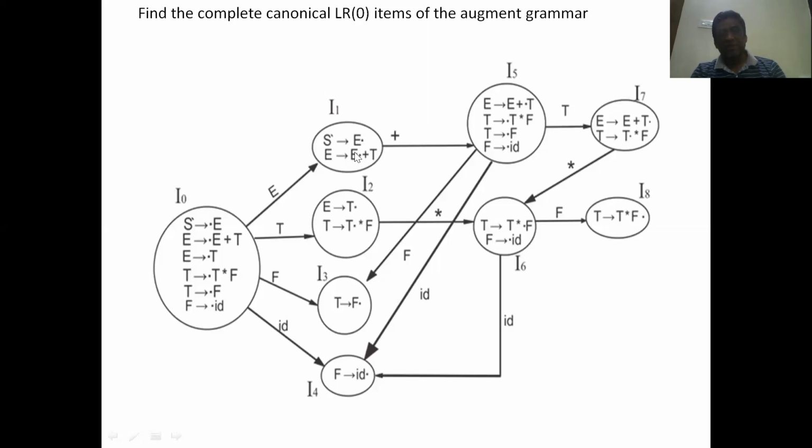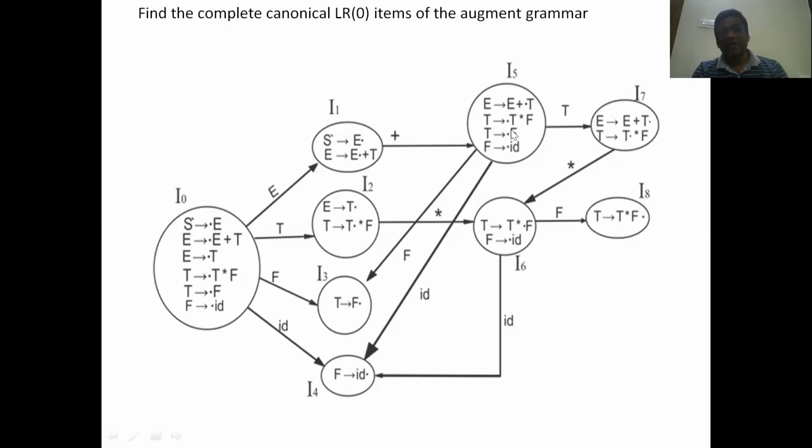It becomes E implies E plus dot T. Because there is a variable after the dot, you need to add all the productions of capital T also. So what are the productions of capital T? Capital T productions are from here only. Always you need to add the productions from I naught only. Okay. So T implies dot T star F and T implies dot F.